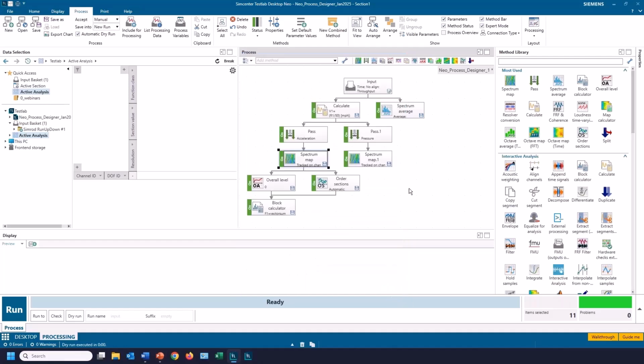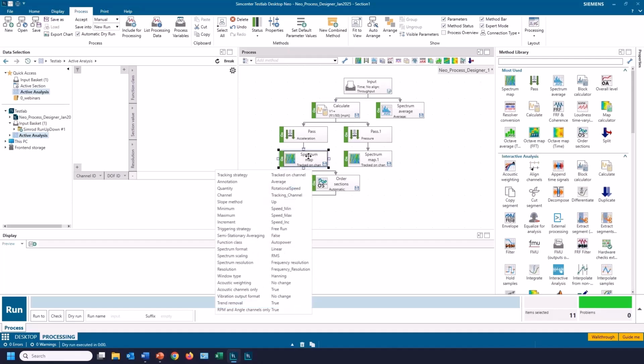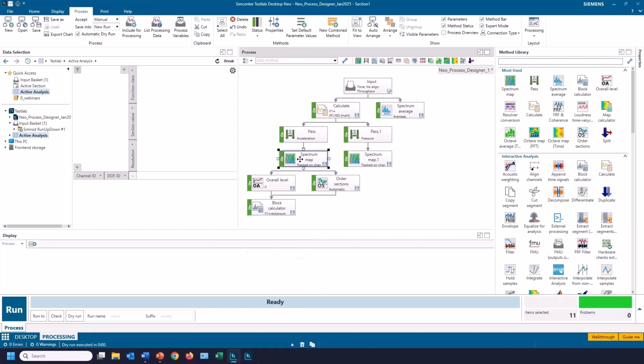So what the dry run does, it walks through the process looking for all the data before it, so it finds it. In 2306, we would have had to go to this item, tell it to run to find all the stuff above it before we could set the channels. We don't need to do that anymore, as long as you have this automatic dry run on.